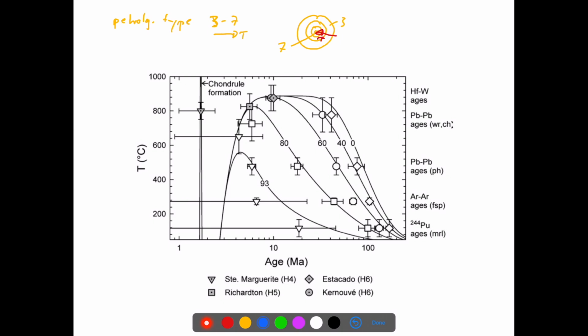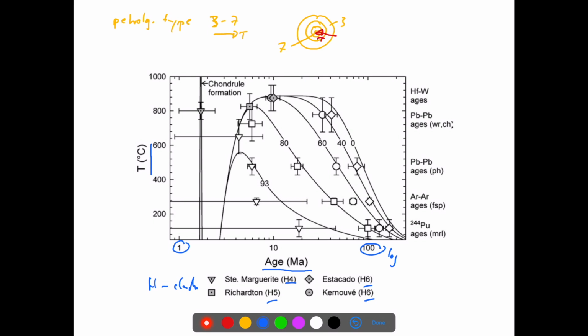And this is what is done in this plot here. On the x-axis here is the age from 1 million years to a couple of 100 million years, because this here is a logarithmic plot. On the y-axis is the temperature in degrees Celsius, and then there are plotted H chondrites. These are all H chondrites of various petrologic types, so H4, H5, H6. And then components and minerals are